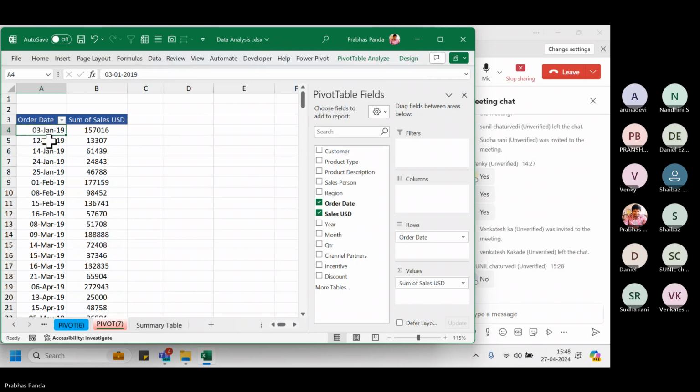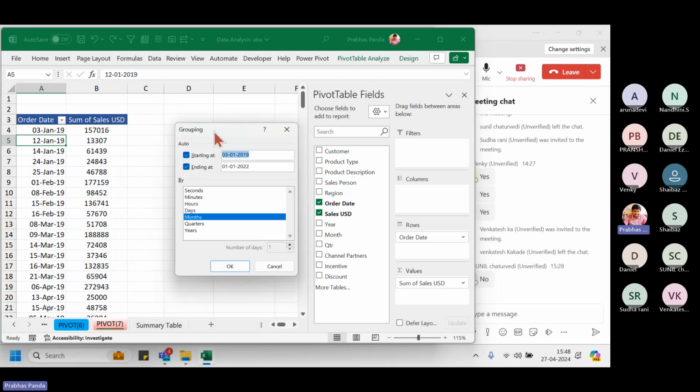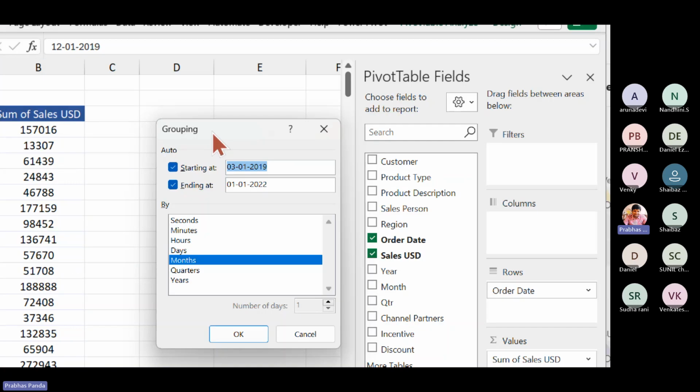Now, this report is quite lengthy. It will be running in pages and there's no point presenting our data something like this. So how to present it precisely? Keep your cursor in one of the dates and right click upon that. You have an option called group. Click on that. And when you go to the group, you will be finding a dialog box appearing over there